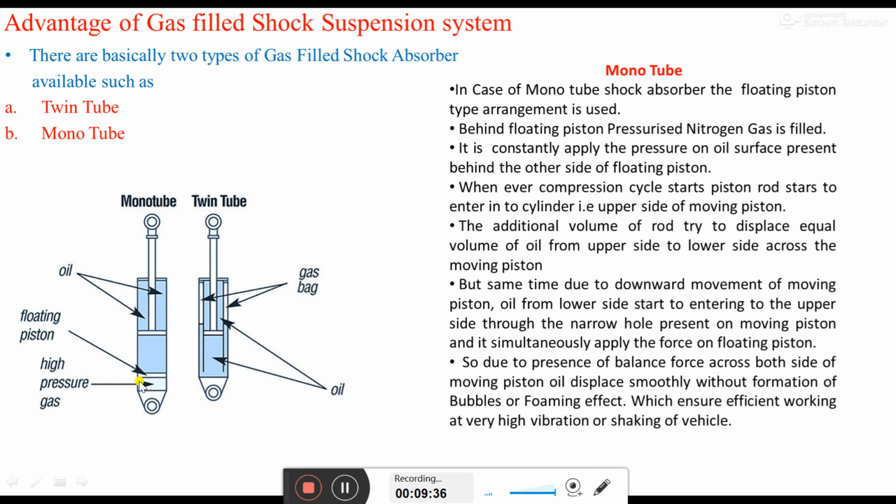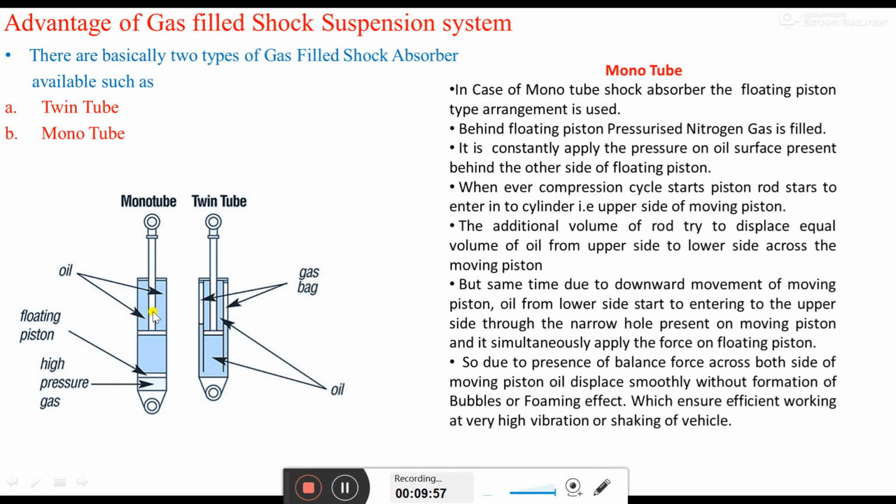Okay, so this is what takes place outside, across the piston, that is movement of the oil through that narrow hole. At the same time, pressure acts on the floating piston to further compress the nitrogen gas. All those work together in order to push the piston rod outside during the rebounding cycle. Okay, so